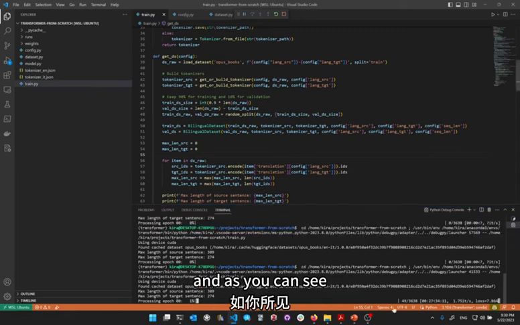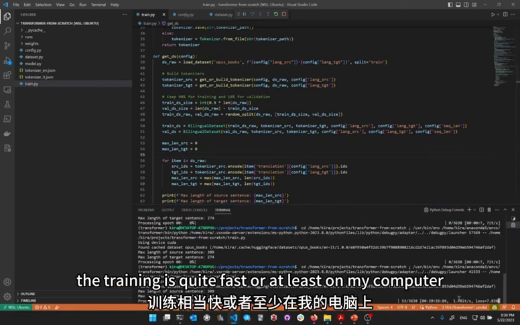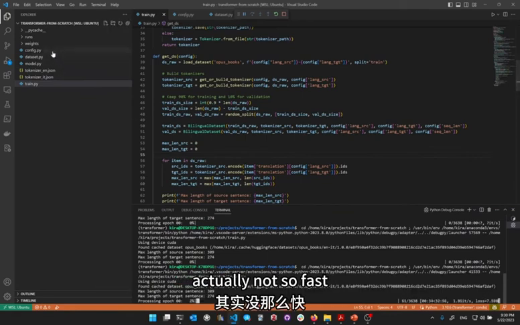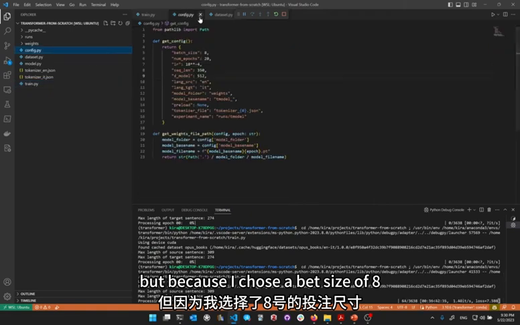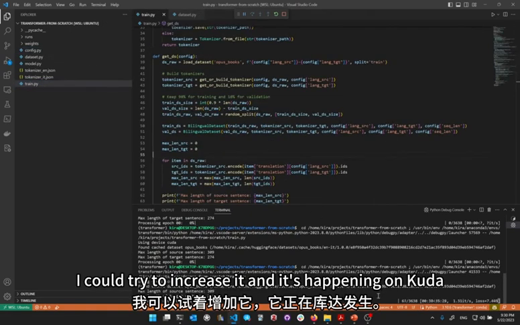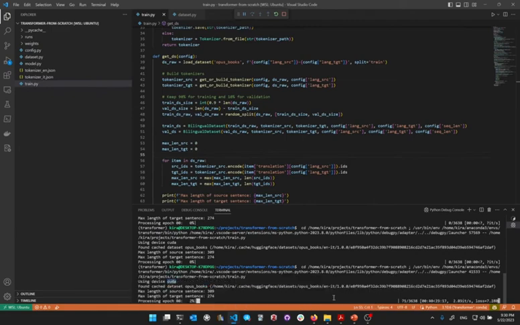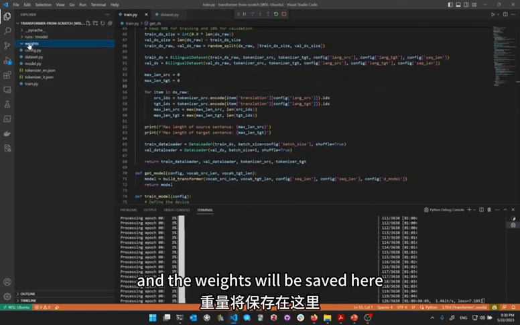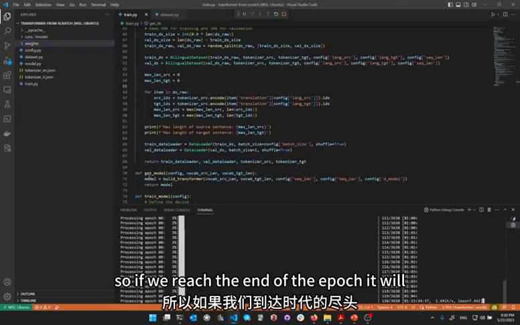And as you can see, the training is quite fast, or at least on my computer. Actually not so fast, but because I chose a batch size of 8, I could try to increase it, and it's happening on CUDA. The loss is decreasing, and the weights will be saved here. So if we reach the end of the epoch, it will